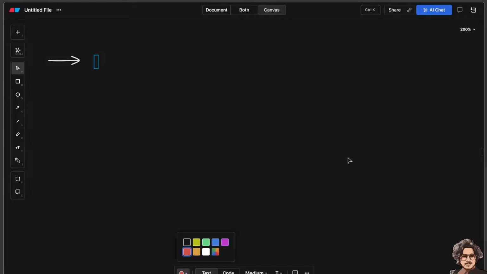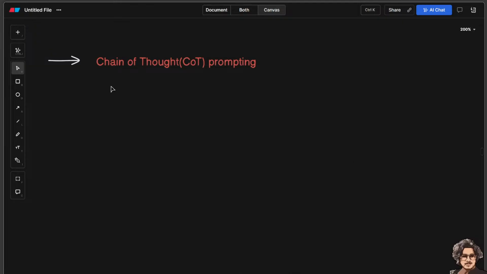The question is, what is chain of thought? We call it COT. Chain of thought prompting encourages the LLMs. So we can write that chain of thought prompting encourages the LLM